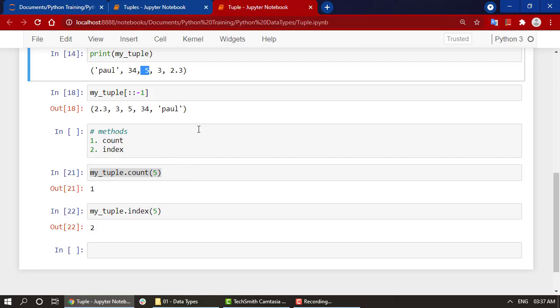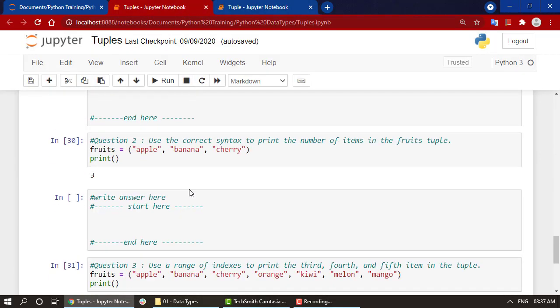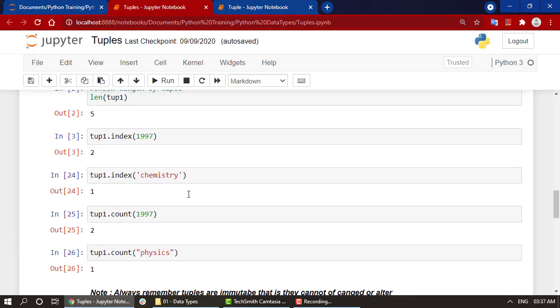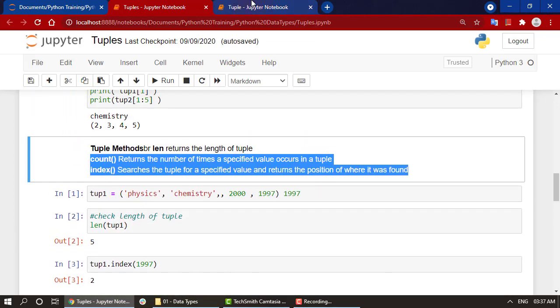That's it for tuples. We don't have a lot of things in tuples, but it is quite the same thing as a list. The only addition is that it is immutable. There is again a homework exercise for you guys to play around with this. So best of luck for the homework exercise, guys.